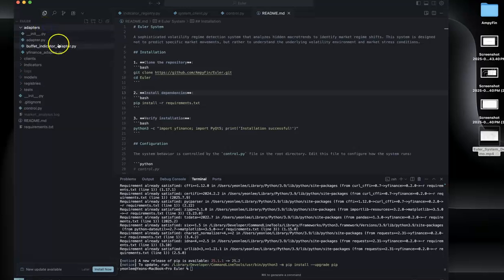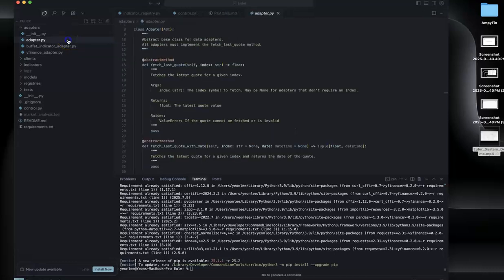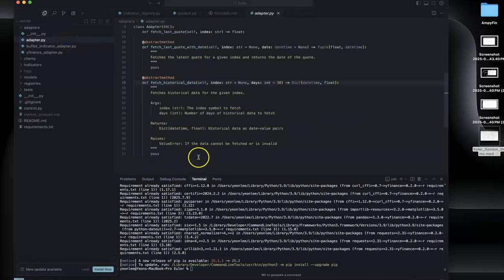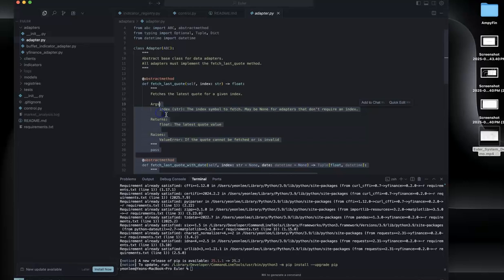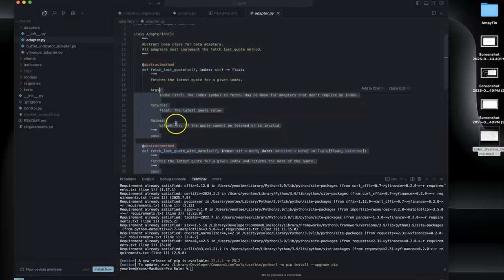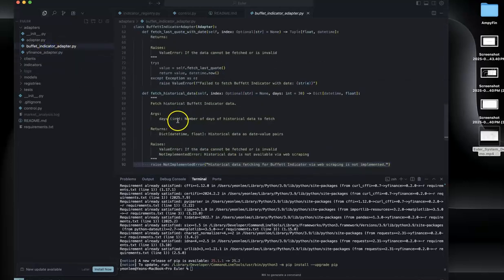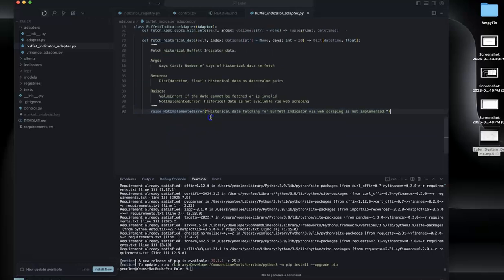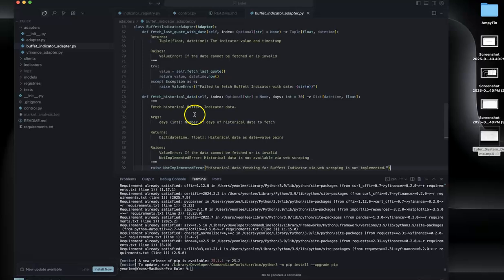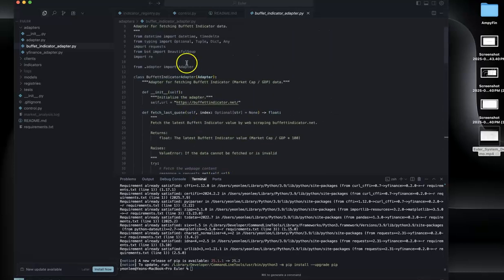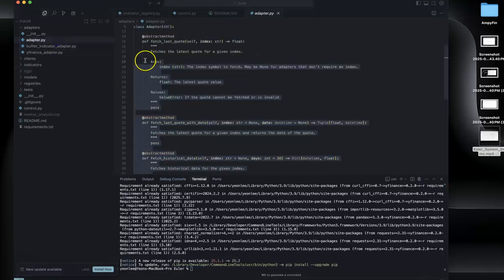This could be done through the adapter interface. For the adapter interface, you have to implement these three methods. For the Buffett indicator, you could just raise a not implemented error for this last one, fetch historical data, because Buffett indicators don't have historical data for this web scraper. But the purpose of the adapter is to standardize our data